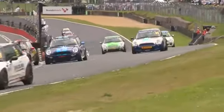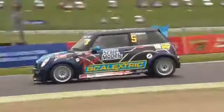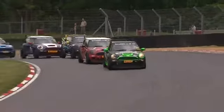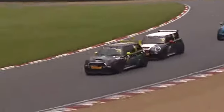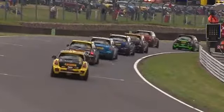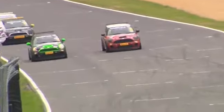Gideon Cresswell, well, he's having to go right to the back of the field as he dives to the inside of Adrian Norman, taking the place. Norman, who's been a fantastic sport this weekend, alongside Patrick Mortimer, allowing his car to be used in the Russ Swift stunt show, although Swift never got as close to the cars around him as this leading group are now,